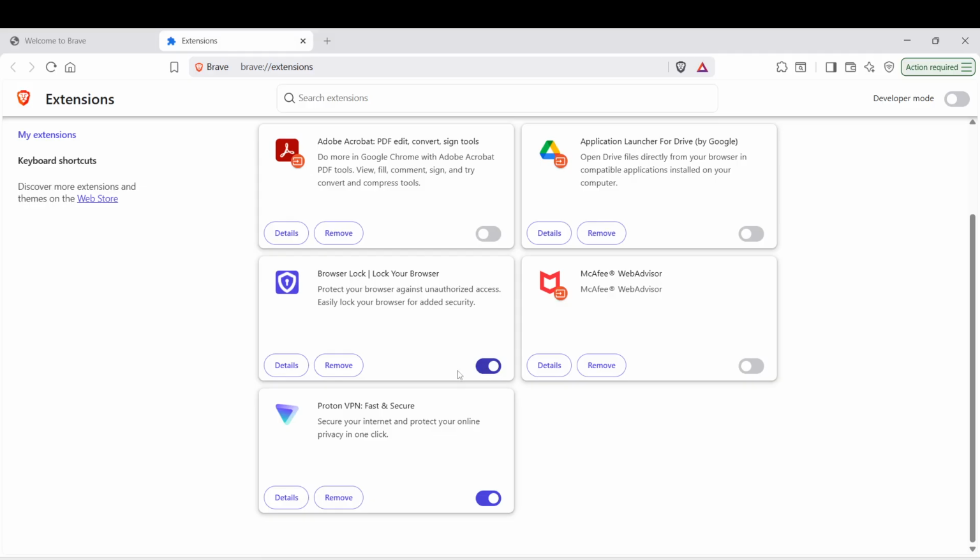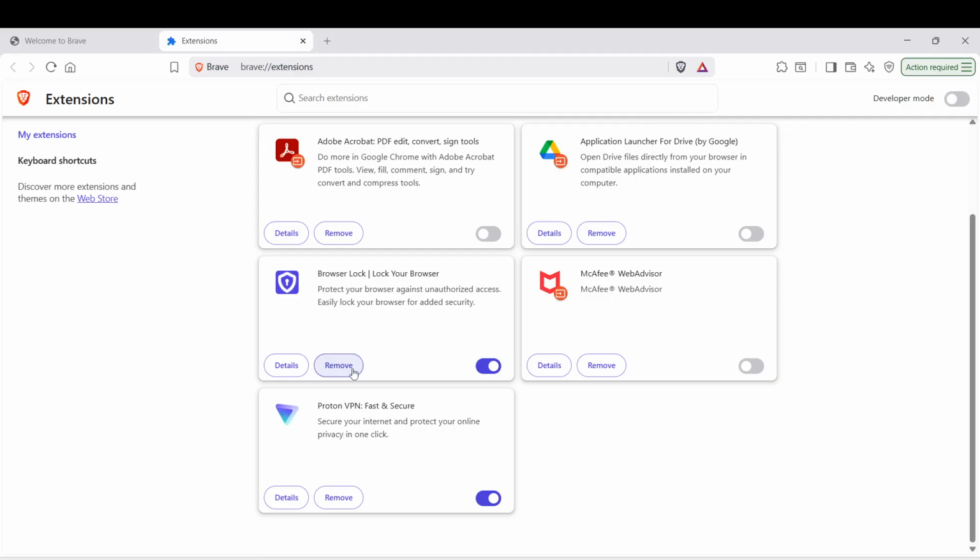At this point, you might wonder why managing extensions is crucial. Well, extensions can significantly enhance your browsing experience by adding functionalities like ad blocking, password management, or productivity tools. However, too many extensions can slow down your browser or even pose security risks. Therefore, knowing how to access and manage them is essential for maintaining a smooth and secure browsing environment.